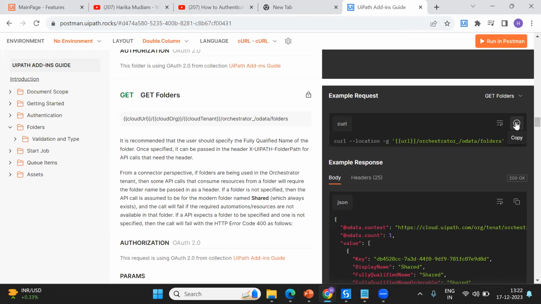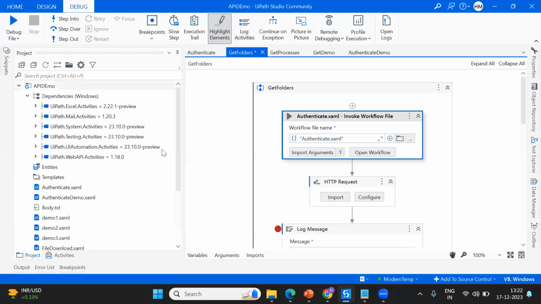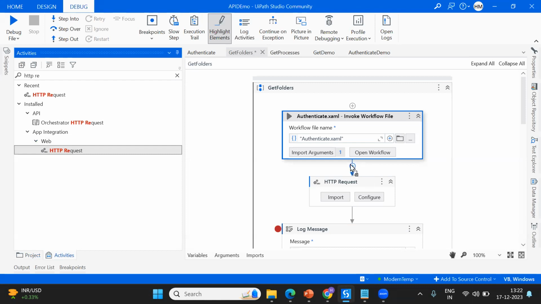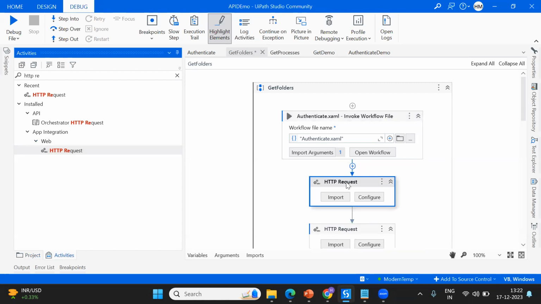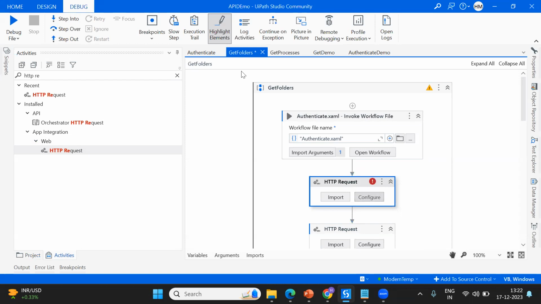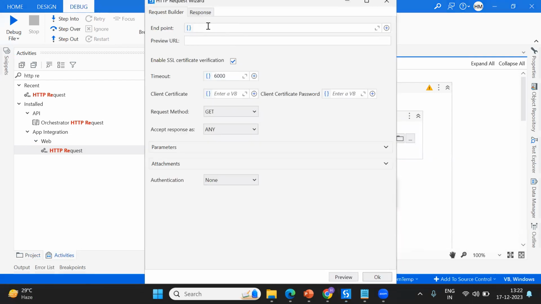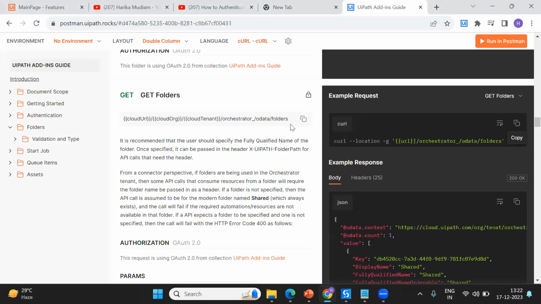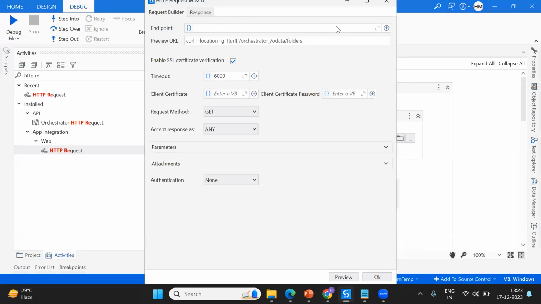I'm copying the request, and I have shown you how you can do the request. You need to have the HTTP request activity. If you cannot see the HTTP request, I would suggest you install the web API package. Click on configure, and here you provide that particular URL. Everything got copied. You can either take from here so that it will be only this much. So just delete this whole thing